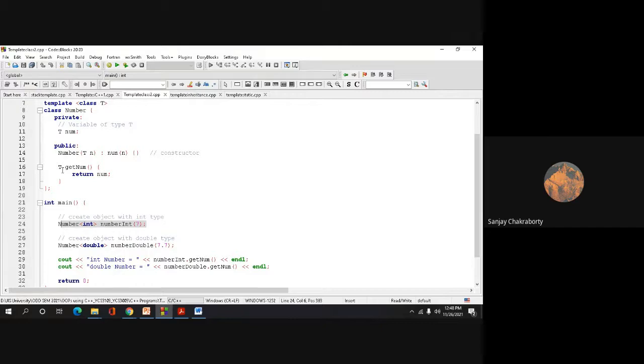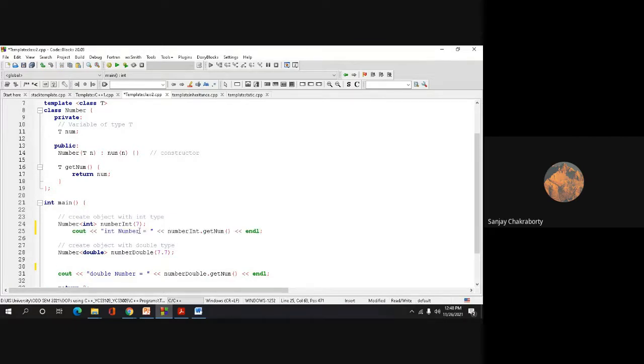All the T, meaning the template parameter, will be automatically replaced internally by an integer parameter. So this 7 will also work like an integer, and it will simply return the value 7 here, because after this call we actually make a call of getNum on both objects. So you can also do these things, it's your choice. If you are getting confused, you can also do it this way.